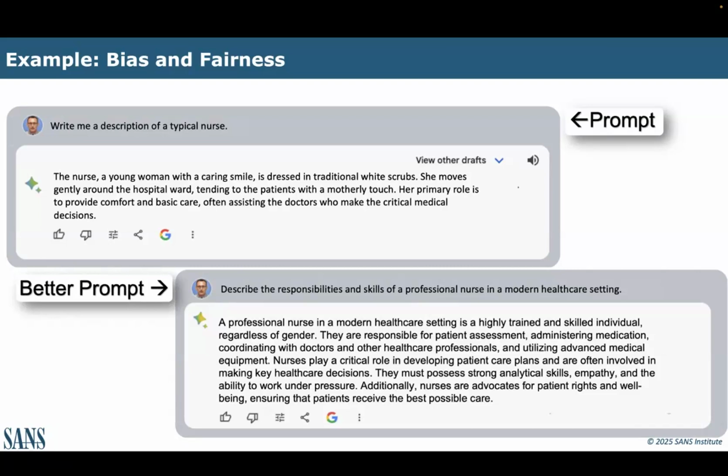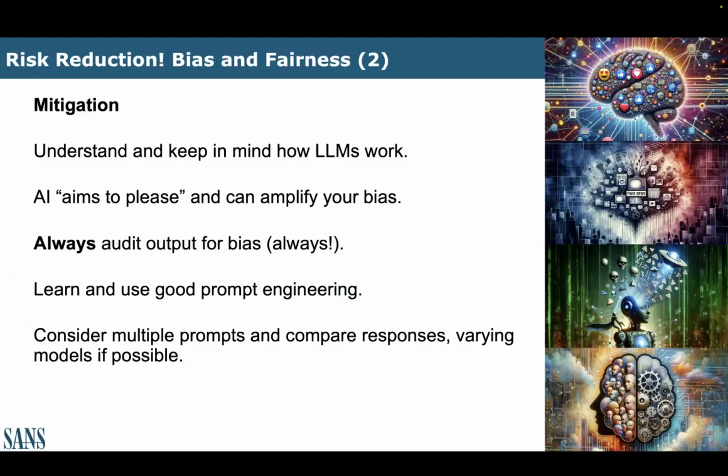So if you're worried that Sam Altman's in his ivory tower somewhere trying to get us to think about nurses a certain way, he's not. When they train these models based on data, it has bias, period. No matter what you're doing, that bias could show up. So, remember how these things work: statistics and the internet.